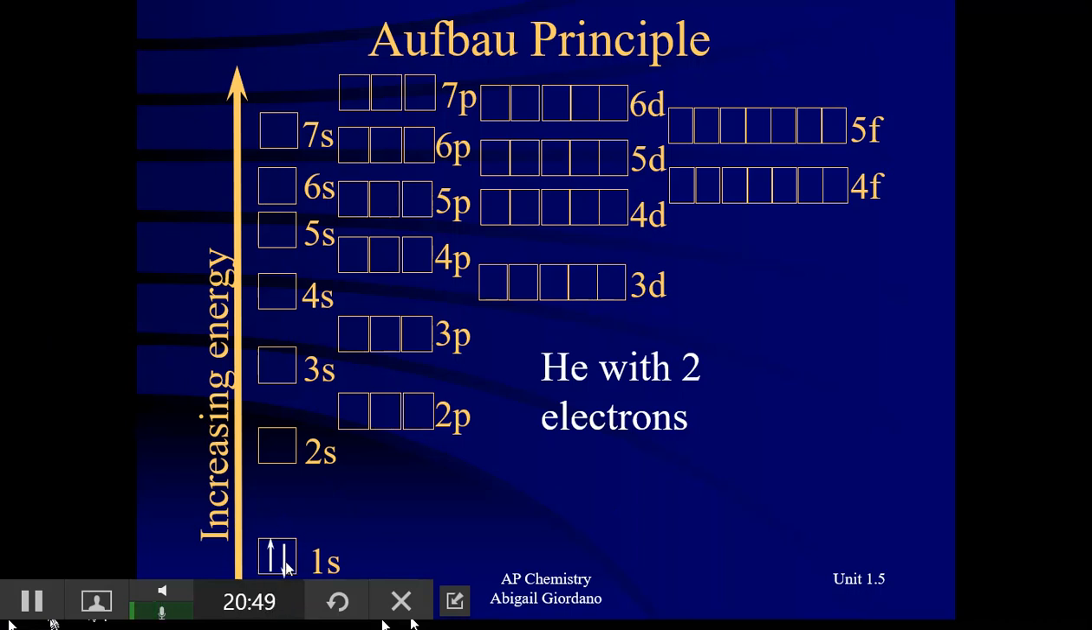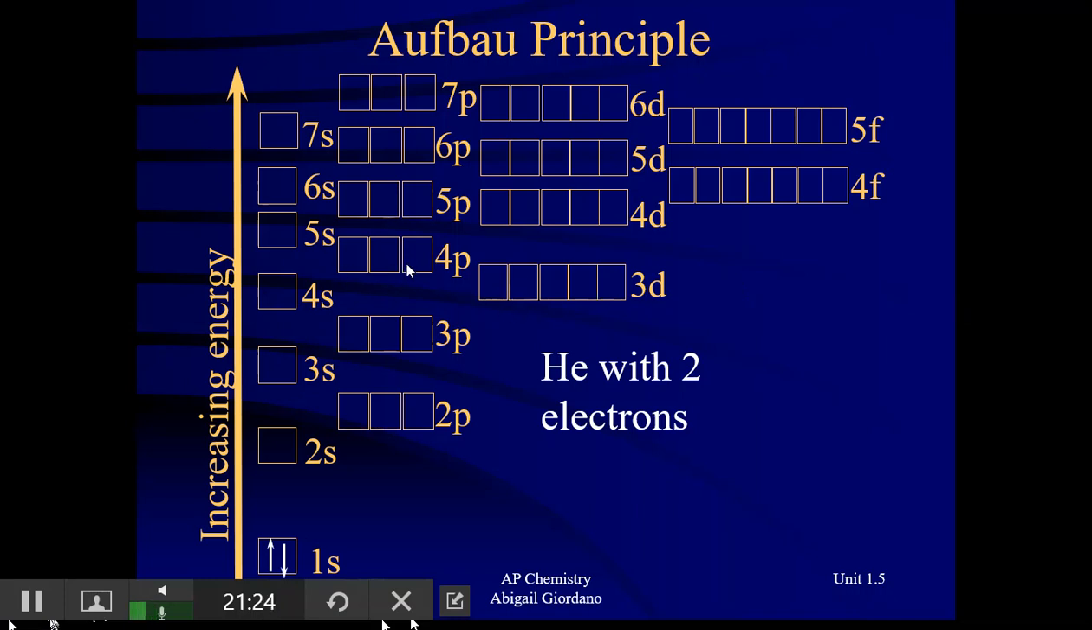1s is the lowest energy. Then we have 2s, move a little higher, then 2p, then 3s, then 3p, then 4s. Now I know this is hard to see, but can you all make out that 4s is slightly lower on the y-axis than 3d? That is why the periodic table is organized so that 4s comes before 3d